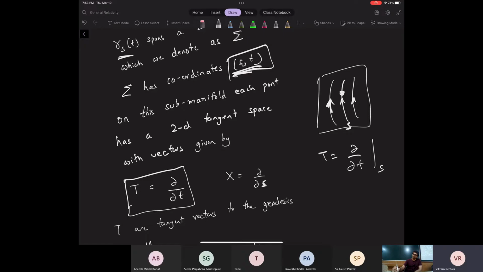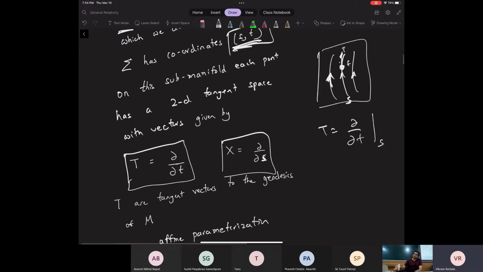That tells me that I'm evaluating at this point. I'm fixing the t coordinate, I'm over here, and this is the tangent vector here. Similarly, I can also evaluate what is called a deviation vector, that is, I can evaluate a vector partial S, which is called a deviation vector. So at the same point,